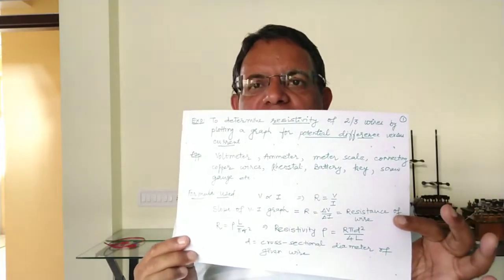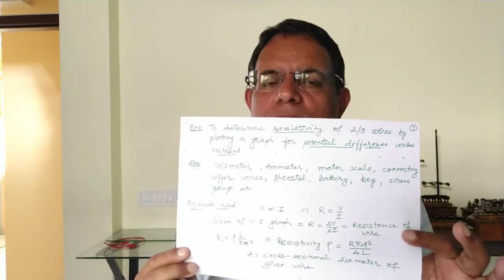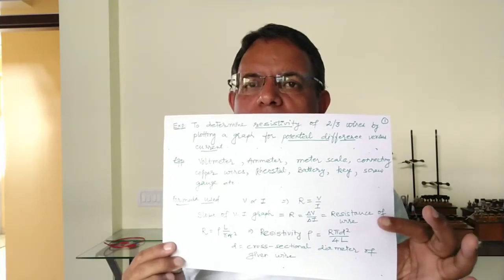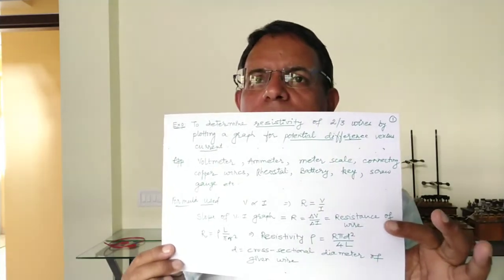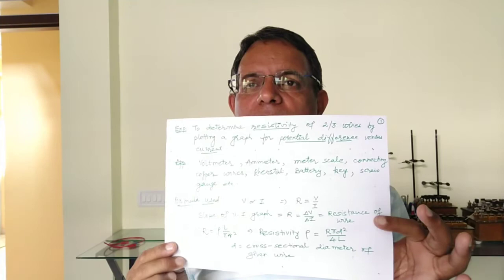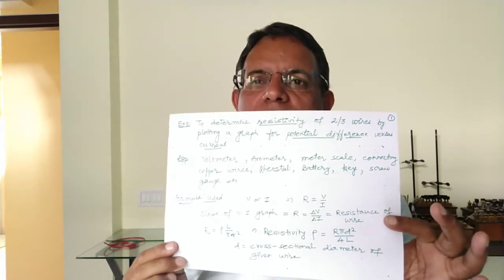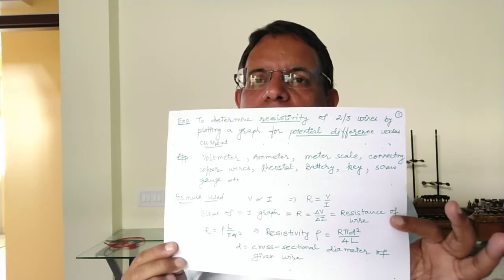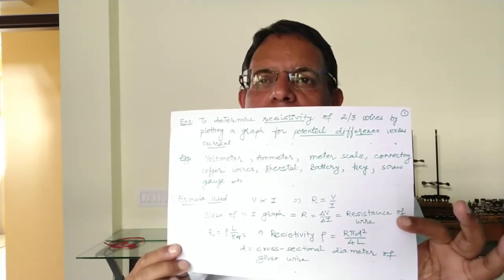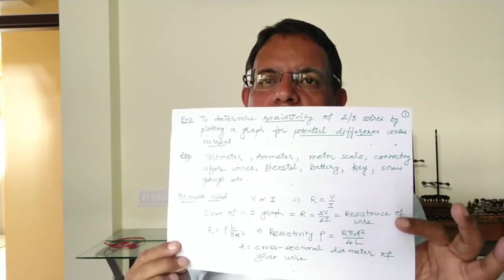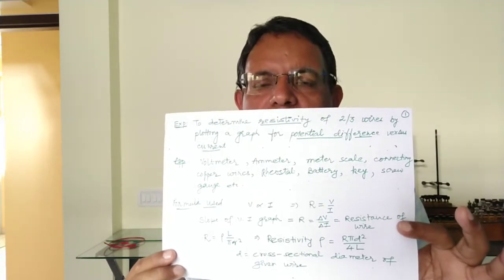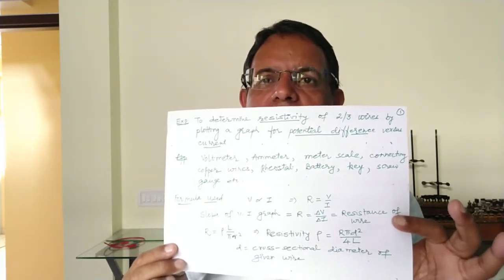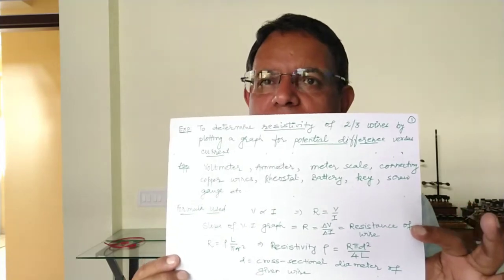Now in this experiment, what principle we are using, I have expressed it in the heading formula used, briefly. I am not going into detail about what Ohm's law is and how we are performing it right now, because our aim is to perform this experiment to find the resistance and resistivity. So directly I have explained this formula here: the potential difference across the wire is proportional to the current in the wire. That is, the ratio V upon I will be equal to R.